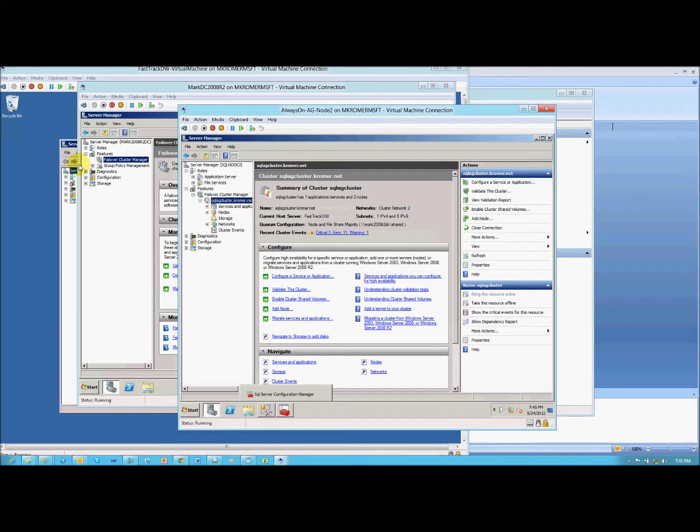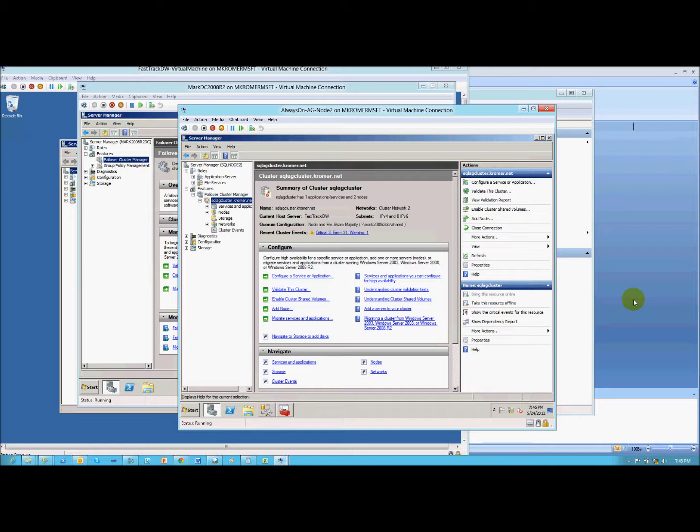Welcome to SQL Server 2012, Always On Availability Groups in Action. What I'm going to try to demo for you today in less than 15 minutes, I'm going to try to keep it around 10 to 12 minutes, is SQL Server 2012, brand new feature of Always On Availability Groups from the perspective of a user, someone who is going to be interacting with the database from an application business user